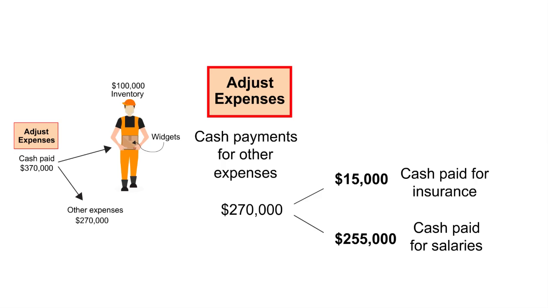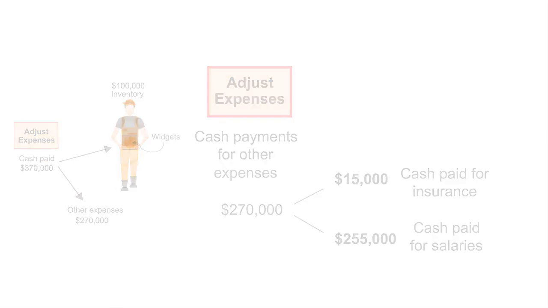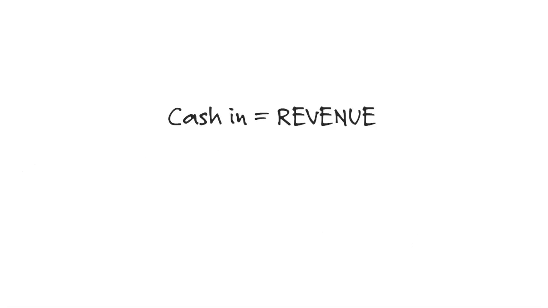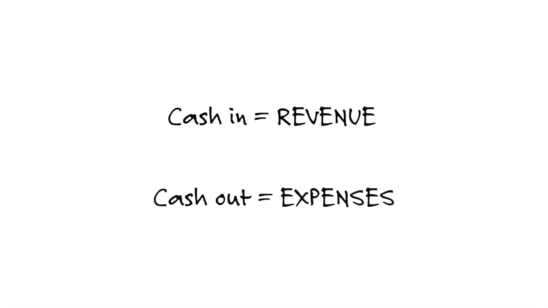So we're going to adjust cash payments for other expenses. We started with the amount being, in this case, let's say it was originally $370,000, but we had other items such as cash paid for insurance of $15,000, cash paid for salaries of $255,000. So we've got lots of different items that need to be adjusted. So we're going to start off with some discussions here. Strict cash basis reporting, cash and equity only are on the balance sheet. The income statement would treat all cash inflows as revenue and all outflows as expenses.